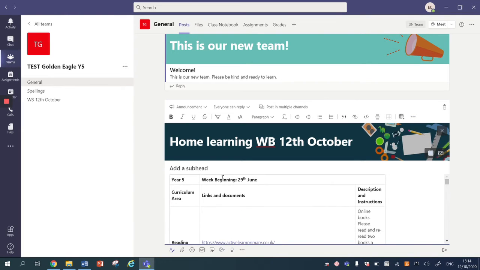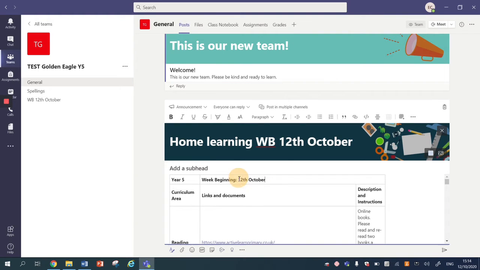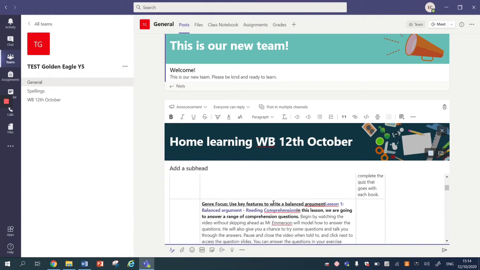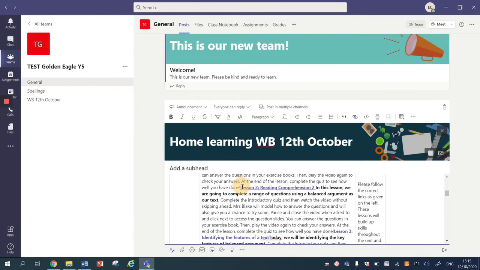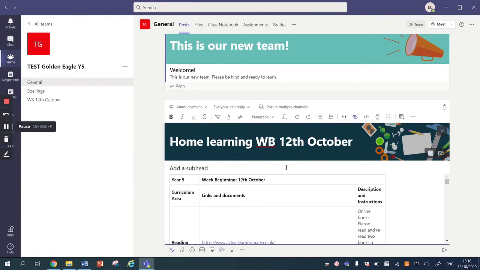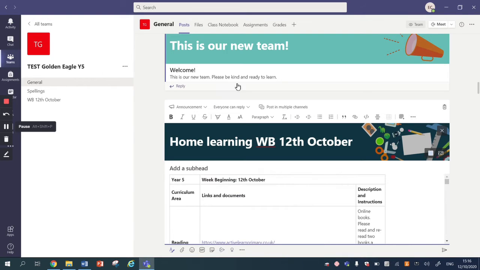And before I press post, you might need to change the date if it was the 12th of October. Before I press post, I'm just going to go through and make sure that the formatting, that everything is on the right line that it needs to be on. Okay, once I've gone through and I've checked everything, I've made sure that everything's formatted correctly,